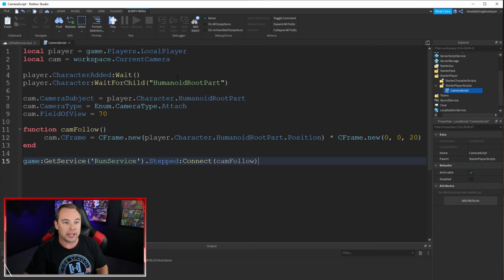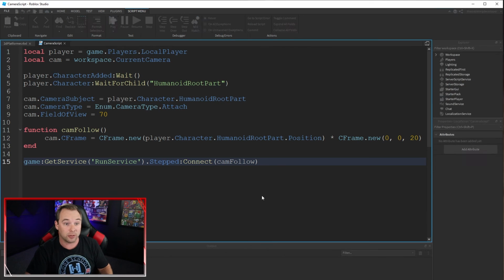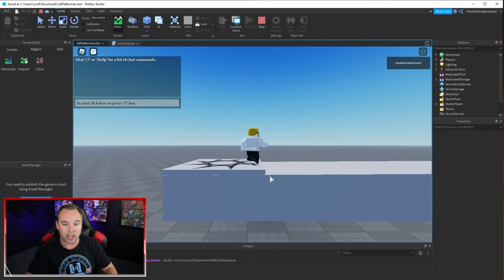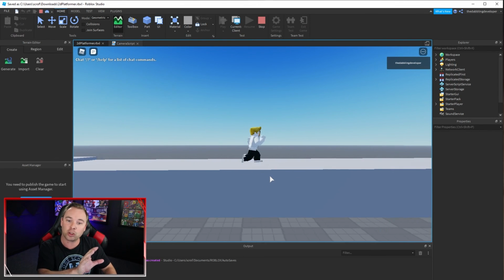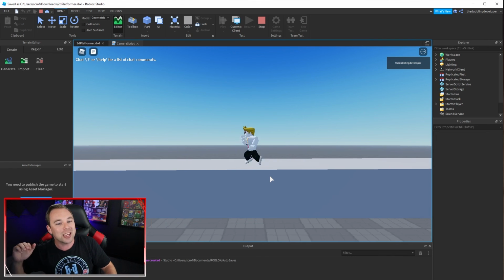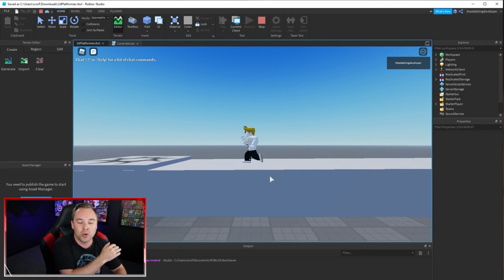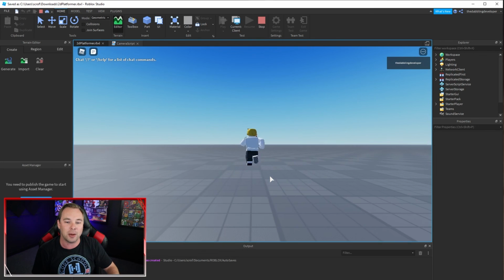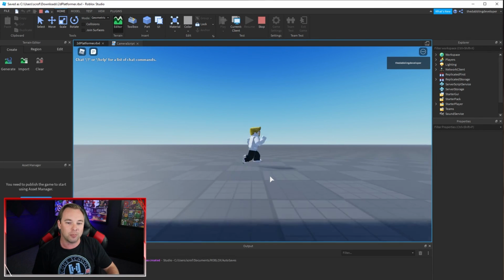All right, let's go ahead and play this and see if it works. All right, we're in our game. We can move right and the camera smoothly follows the player. We can move left and the camera smoothly follows the player. Now the thing we haven't done is you can still move into the frame and you could still, it's